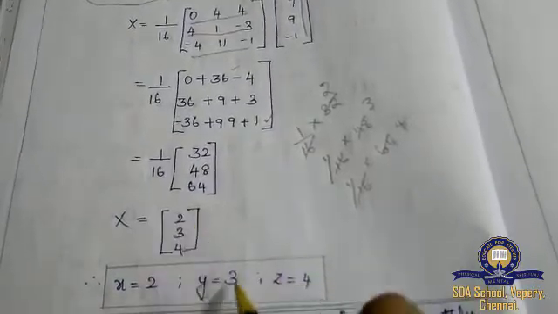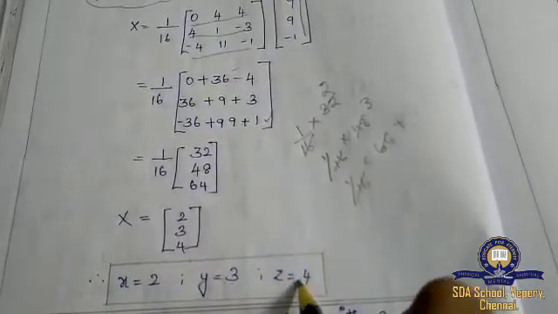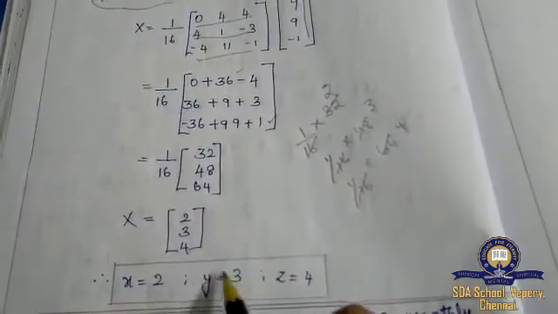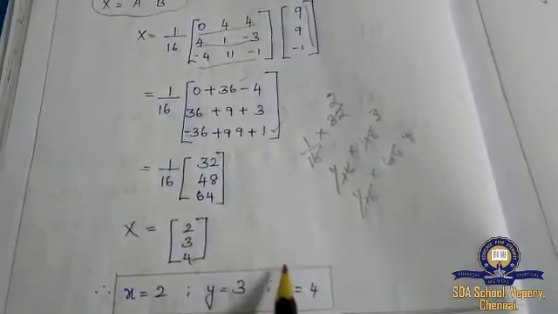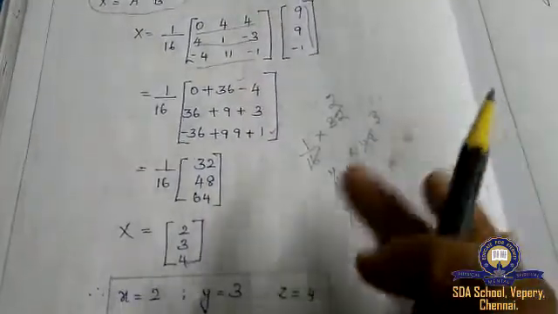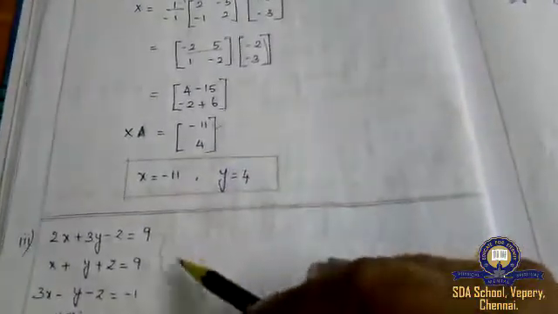So x is equal to 2, y equal to 3, z equal to 4. So for a 3 cross 3 matrix, you have to find x, y, z. If it is a 2 cross 2 matrix, you only need to find x, y. Okay, with this your equation type sums will get over, and after that what you have is like a